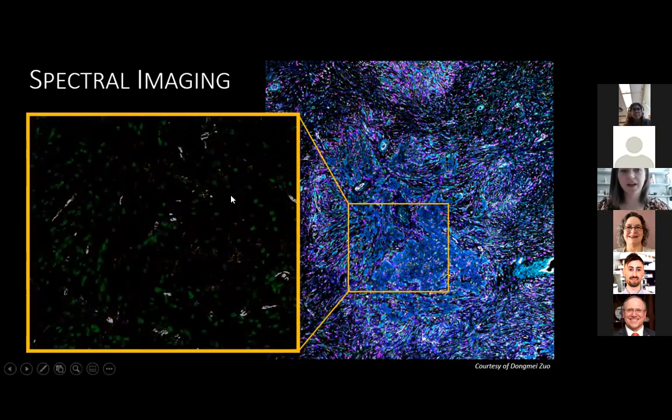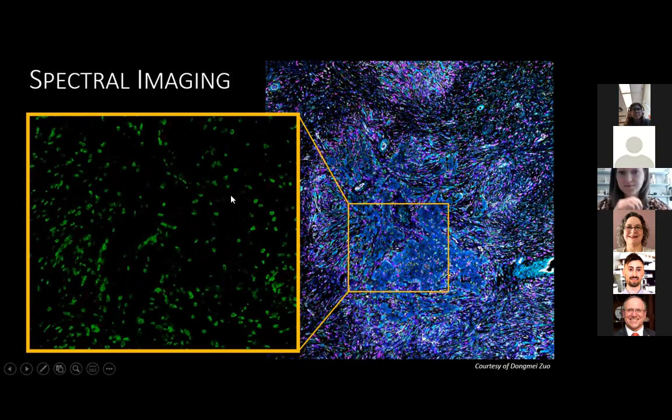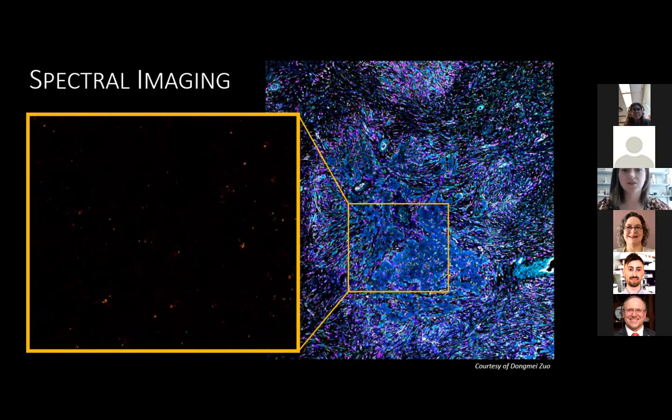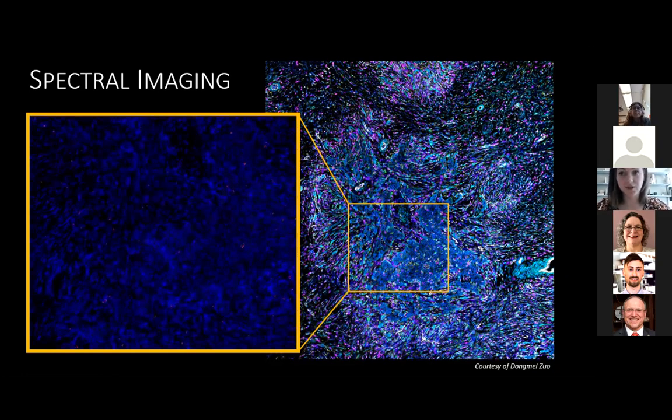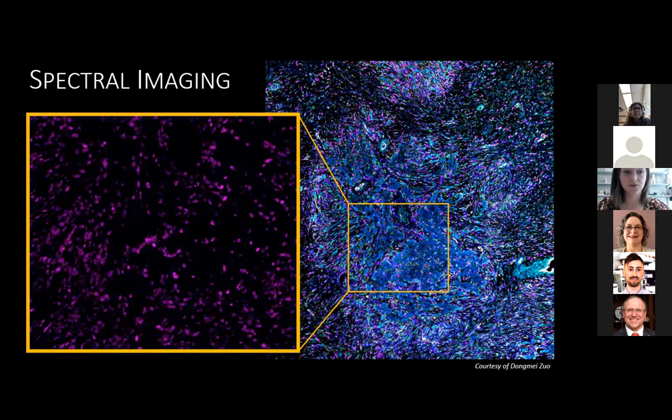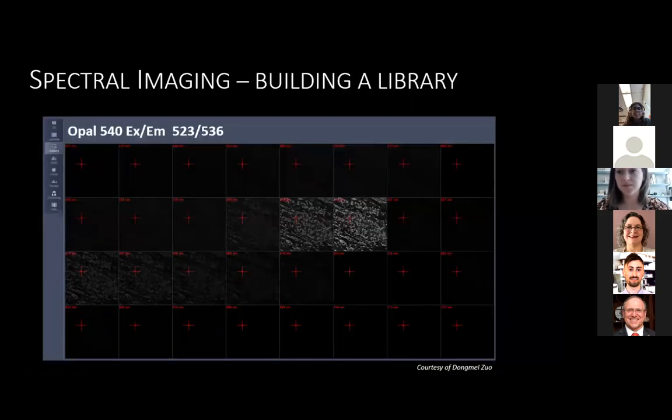So for example, here we have 7 different colors, all labeling different things. And we can tell that they're all distinctly different structures. We don't have to worry about them overlapping. And the reason is because when you do spectral imaging, you have to build something called a library. So if you have a tissue section with all 7 colors and you tried to image them, they would all bleed together. But if you have one section with 1 dye for each of your 7 dyes as your controls,